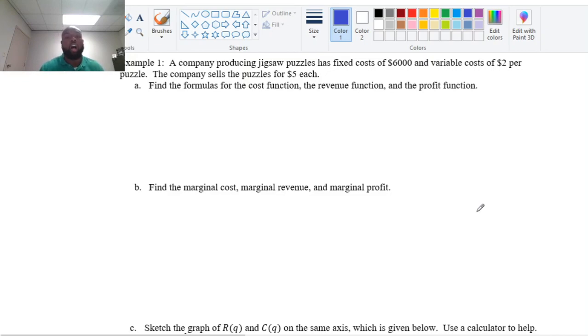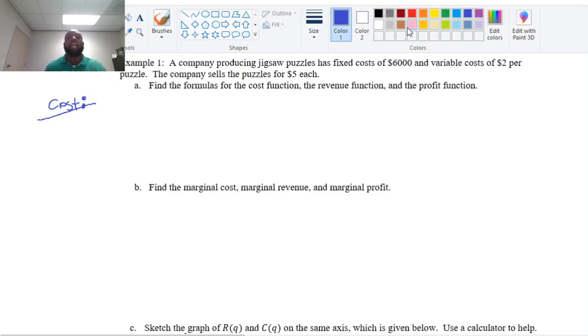Find formulas for the cost function, the revenue function, and the profit function. Let's start with cost first. My cost function is always going to be my fixed cost plus my variable cost. It tells me that my fixed costs are $6,000 and I have variable costs of $2 per puzzle that